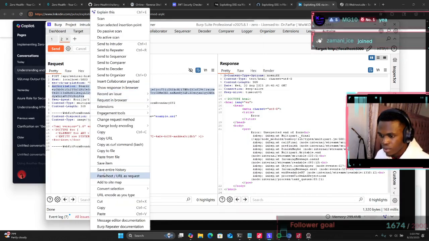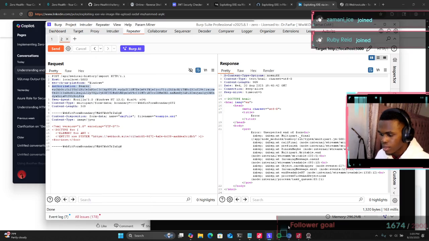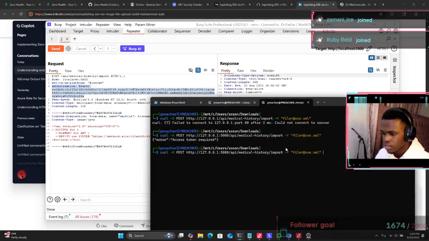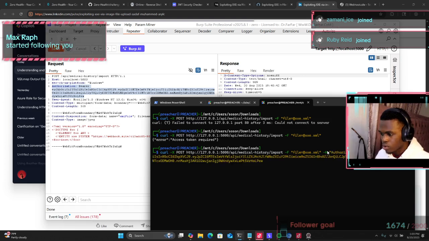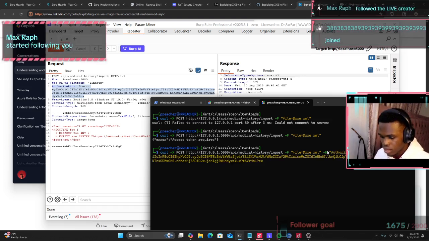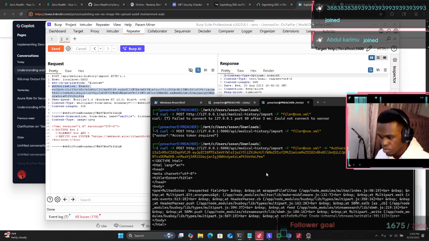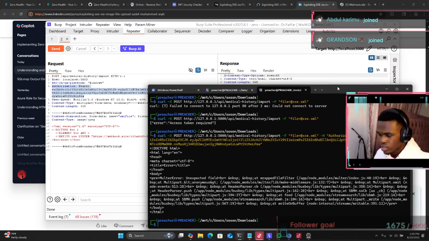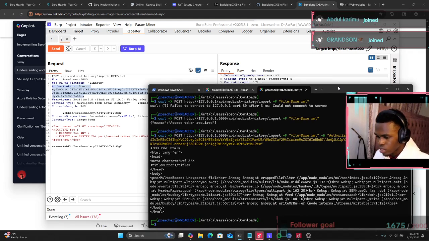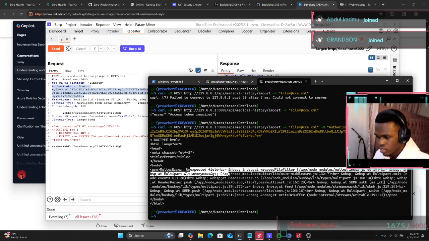Okay, I'll copy this and then send this request with -h for header, and then I'm going to paste my header. Close the quotes. I think there's an issue with the application, because okay, unexpected field,